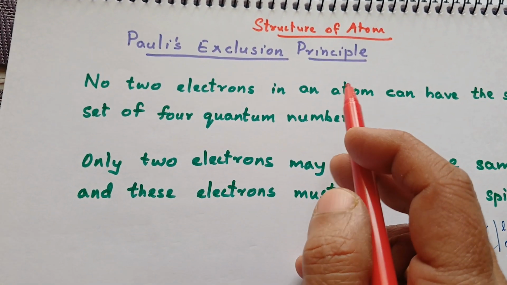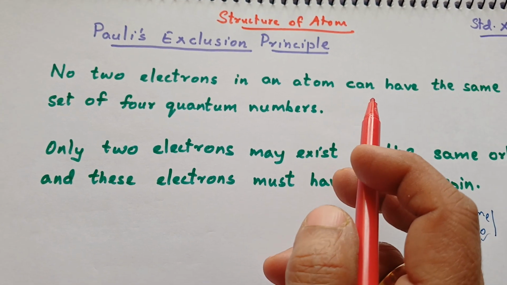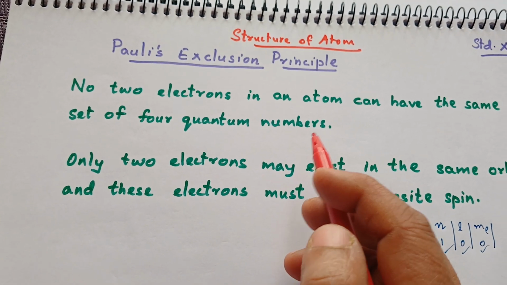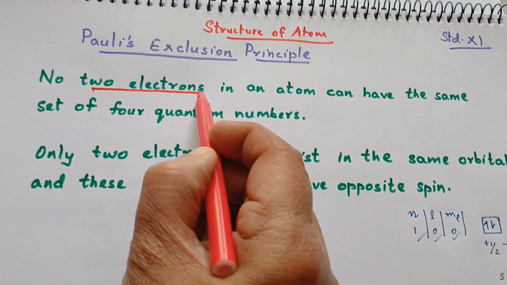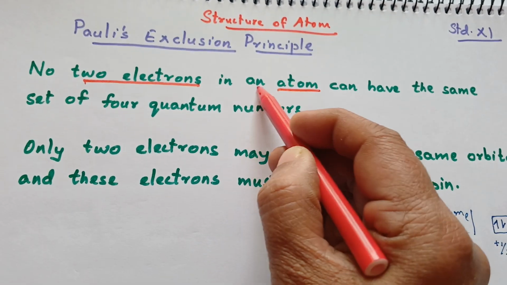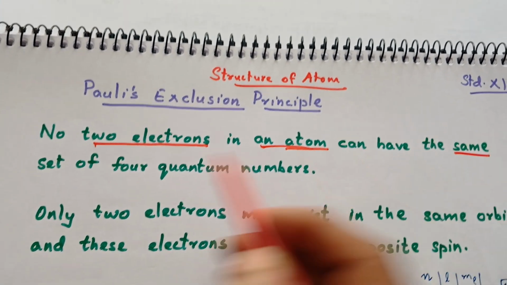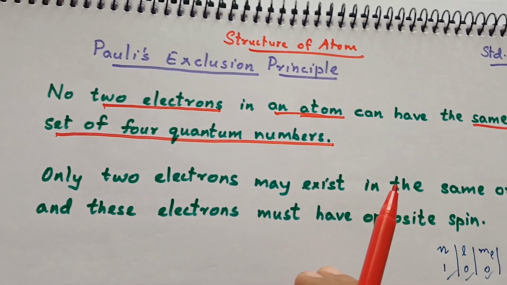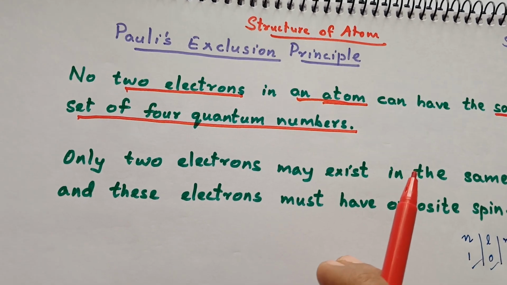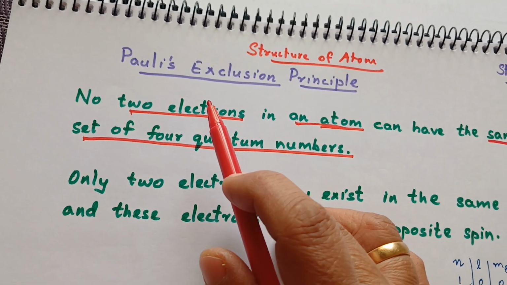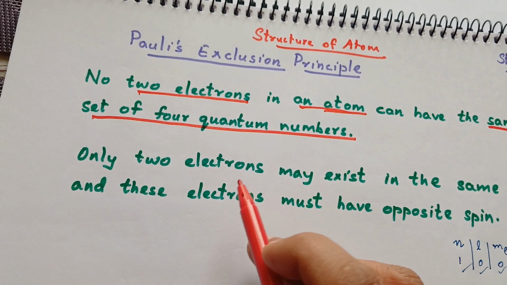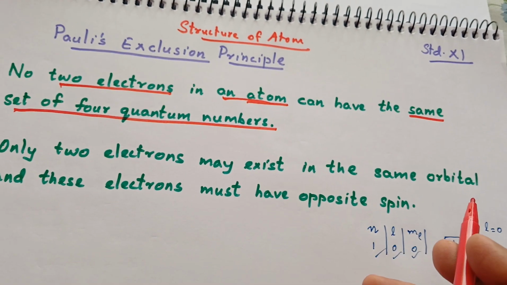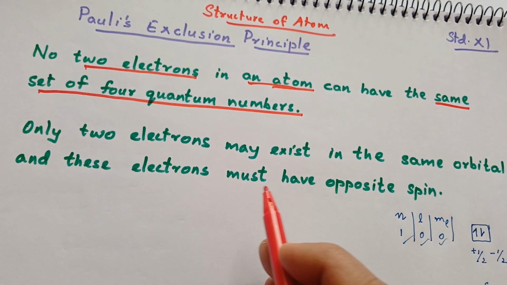Pauli's exclusion principle: no two electrons in an atom can have the same set of 4 quantum numbers. So it states that no two electrons in an atom can have the same set of 4 quantum numbers. All 4 quantum numbers of 2 electrons in an atom cannot be the same. That is what is stated in Pauli's exclusion principle. In other words, only 2 electrons may exist in the same orbital, and these electrons must